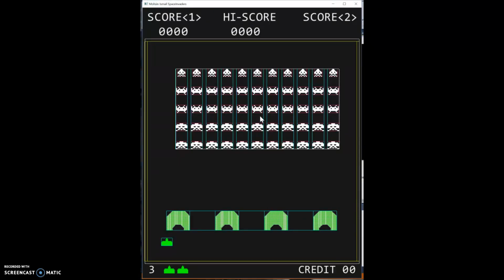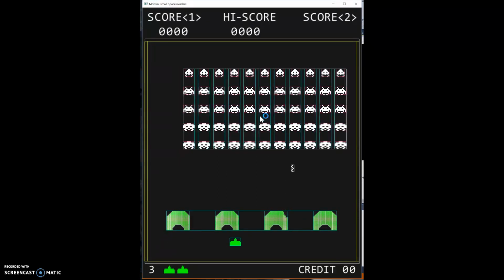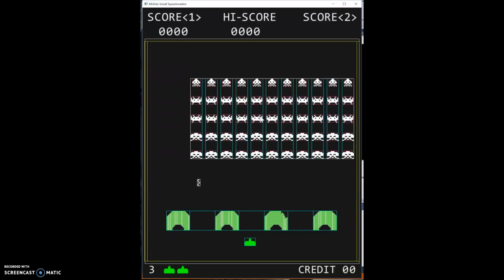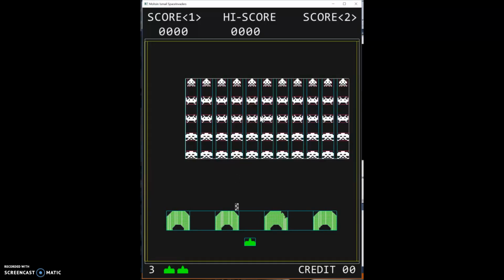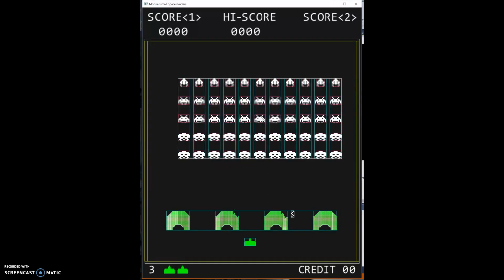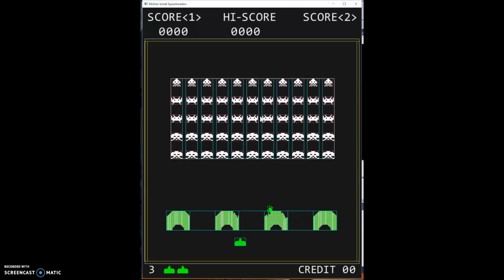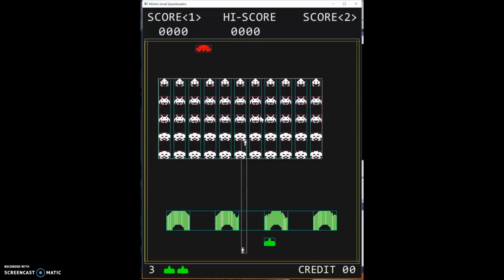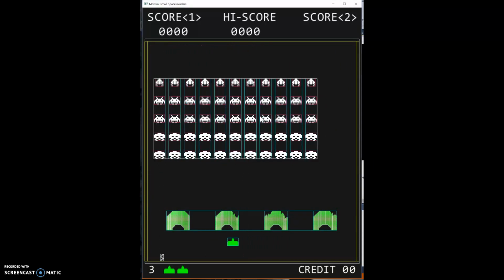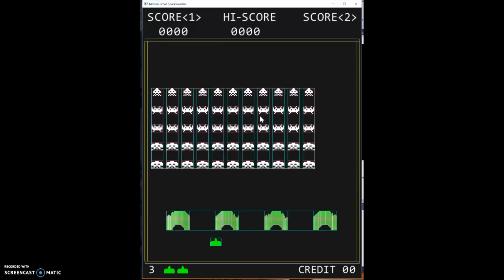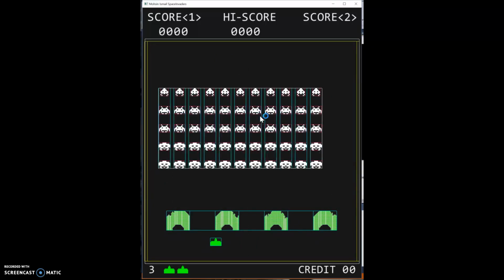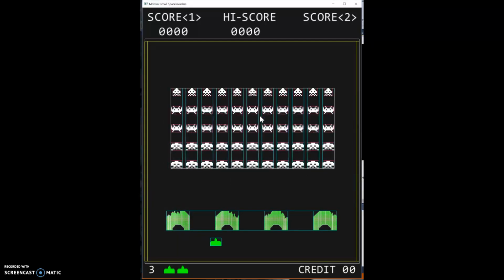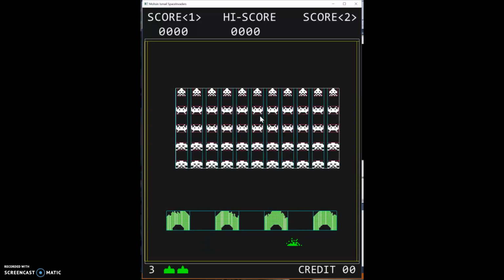So, the aliens in the grid can drop bombs randomly, and it'll pretty much be a random column each time, and the bomb will drop from the position of the last child, or right below it. So here you can see them dropping from all the octopuses. The bombs come in different styles. There's the cross bombs, the straight bombs, the squiggly bombs, and the dagger bombs. So there's 4 actually. And these bombs can interact with the floor, the shields, and the player,